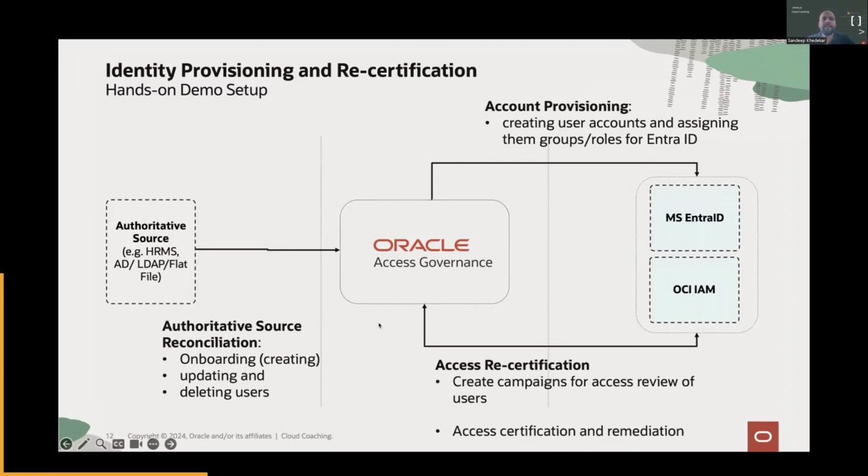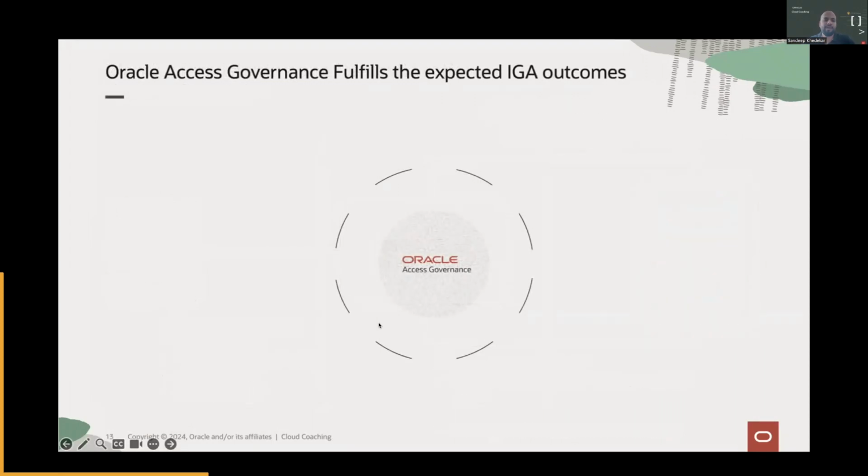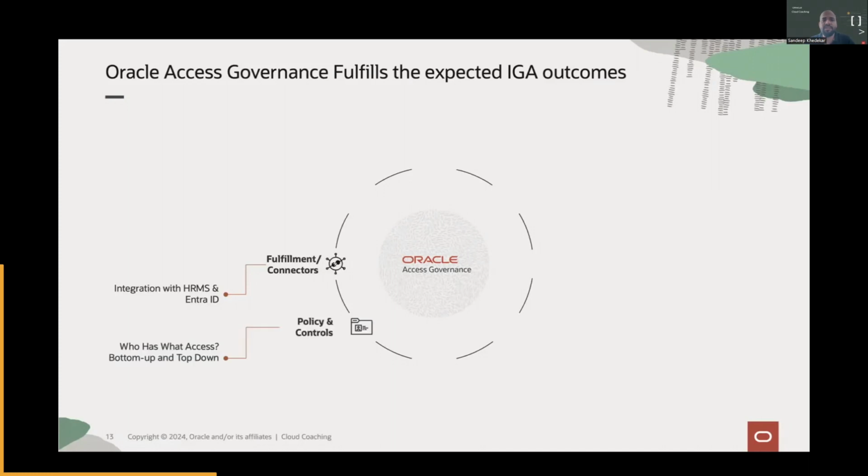Okay. Before we jump to the demo, this is the cycle that we intend to follow. This is what access governance helps organizations achieve: right from the fulfillment, talking to the HRMS system and Entra ID, doing the identity orchestration, having those identities, and then the ability to review and see who has what access, enterprise-wide, both bottom up and top down, and then an opportunity to request. Yes, some access could be automated, but some you can request.